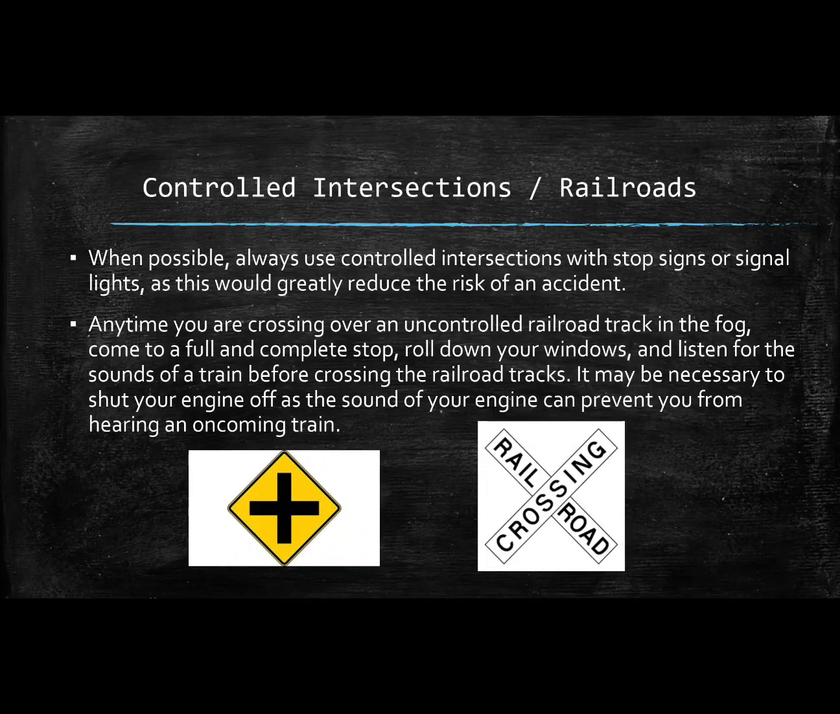Controlled intersection/railroads. When possible, always use controlled intersections with stop signs or signal lights, as this would greatly reduce the risk of an accident. Anytime you are crossing over an uncontrolled railroad track in the fog, come to a full and